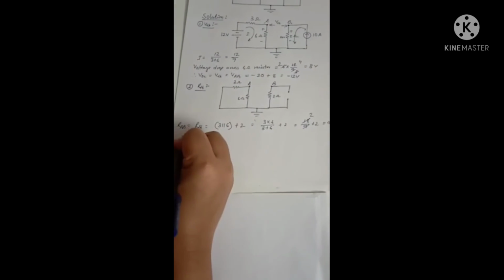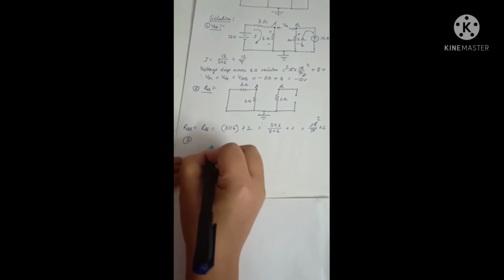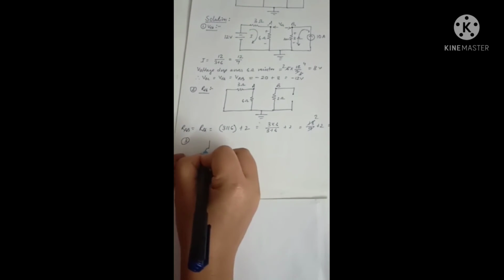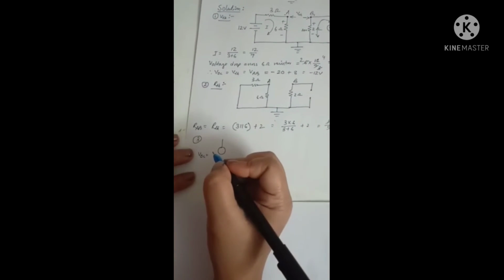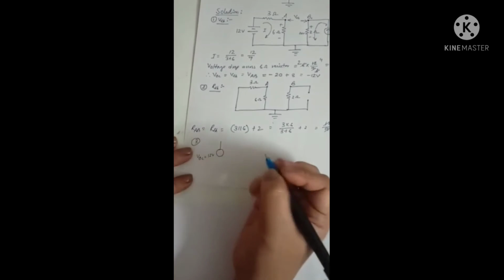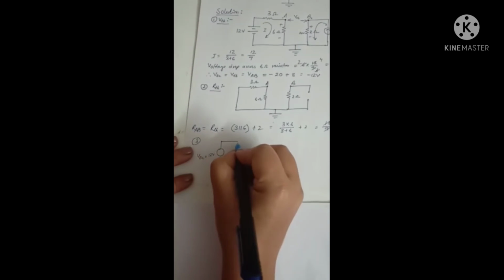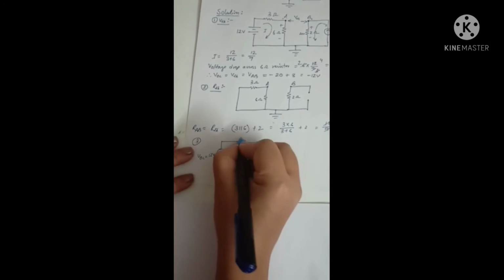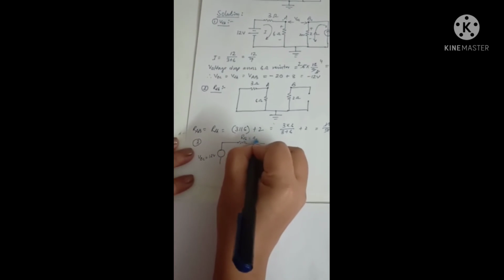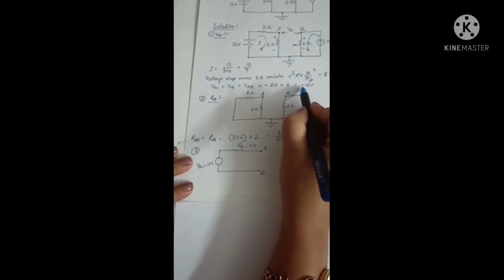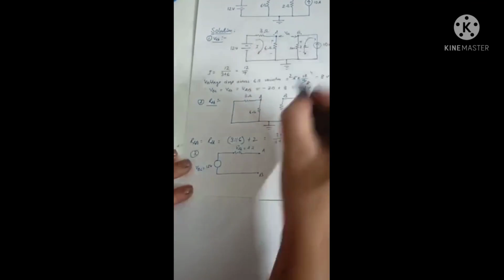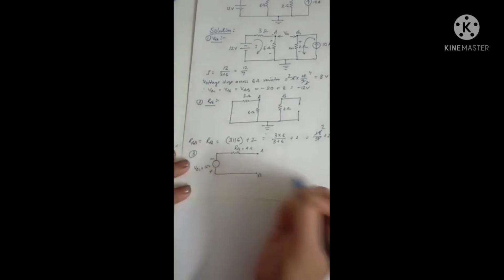In the next step, we will draw the Thevenin equivalent circuit. So Thevenin equivalent circuit consists of a voltage source which is VOC, and what is VOC? VOC is coming 12, magnitude is 12 volt. Then Thevenin equivalent resistance connected in series with this. So RTH, it is what? It is 4 ohm. So this point is A and this point is B. Now here you see our VOC is coming minus 12 volt. Negative means B is at higher potential with respect to A. So this will be minus, this will be plus.